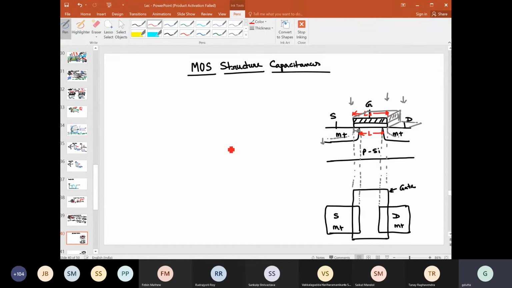Now you have understood this part. So slowly let us progress. This is silicon dioxide because it is a metal oxide semiconductor FET, right? So it is silicon dioxide. Okay, fine. So this is a gate metal or maybe a heavily doped polysilicon. That is fine. This is an N plus region, right?